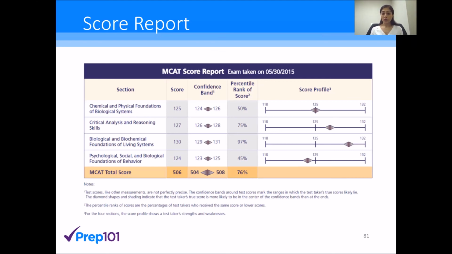Secondly, raw scores will never be available to you. Okay, the scores that are most important are what kind of scale score you want based on the percentile rank that it corresponds to. The third thing is the AAMC has introduced this idea of confidence bands, which are a reflection of where your score may lie and more predictive of your true test-taking abilities and therefore your true score range.